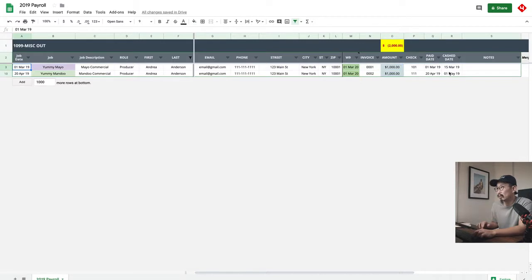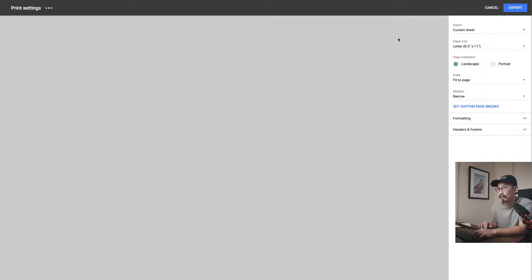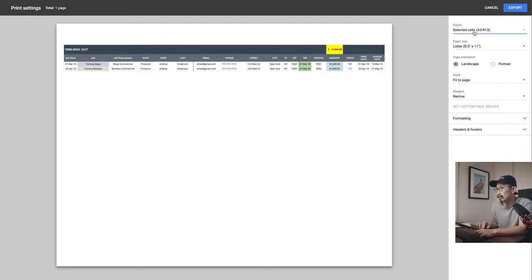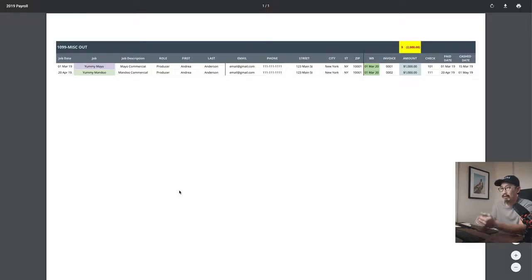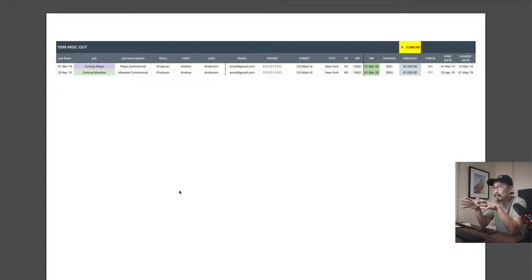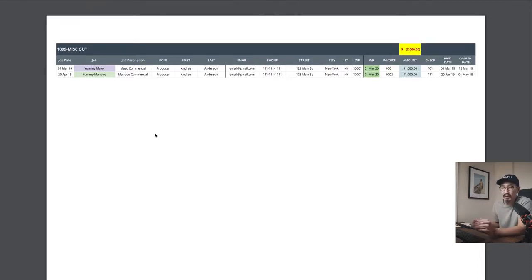And then what I'll do is I will download as PDF, and I will do selected cells, and I will save this as a PDF. In my email, I'll include the copy of the 1099 for them that shows the amount, and then also this PDF that shows which jobs that they specifically worked for me and the amounts totaling up to $2,000. And a lot of times people forget, oh, I don't remember working for you. And this is just another kind of way to remind them,